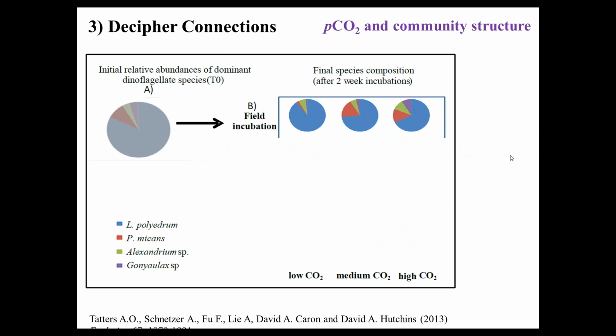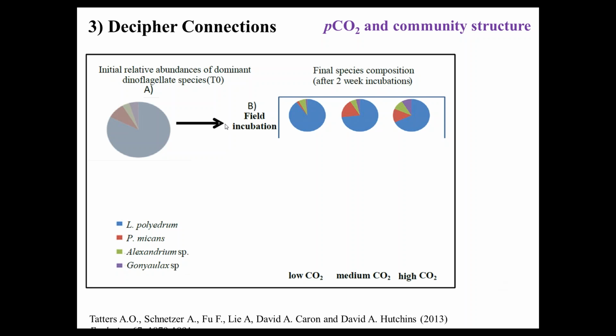So now I want to move on and show you some examples of what we did with mixed assemblages early on in the Southern California coast. What this is a layout of is some of the experimental setup that we did. What you see here is the pie chart that shows you the relative contributions of these four major dinoflagellates. We collected a mixed dinoflagellate community that was strongly dominated by a red tide forming organism, Lingulodinium, and we incubated